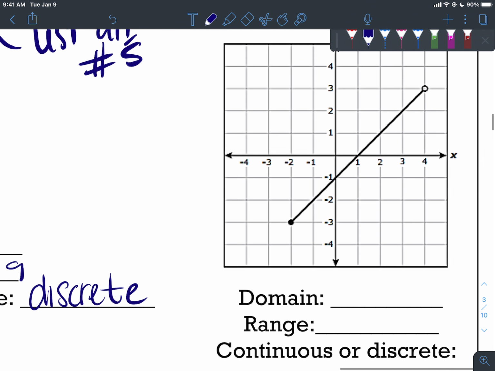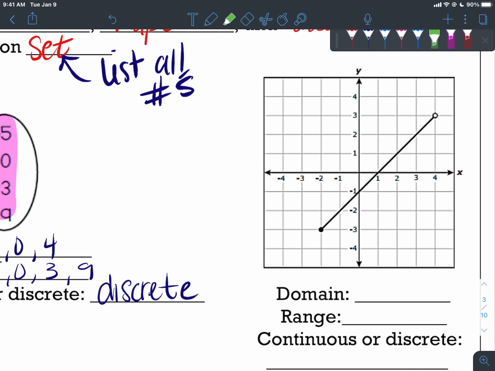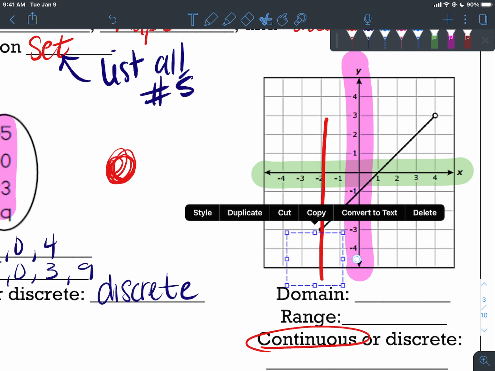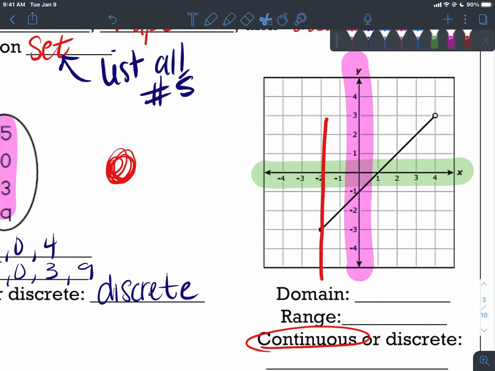All right, next one. Over here, they're going to ask me about my domain, range. I see these guys are continuous because they're all connected. So let's go ahead and start first with my domain. I'm going to come way out here and I'm going to move in and I'm going to see what's the very first part of the graph that I encounter. Right there. Okay, so because this is continuous,